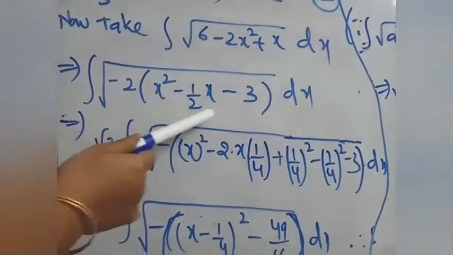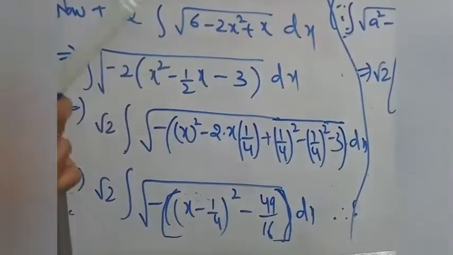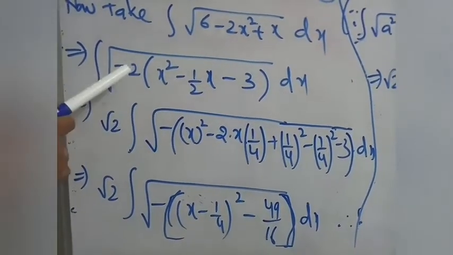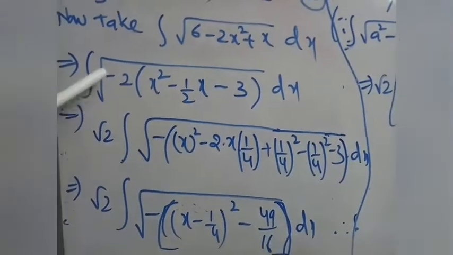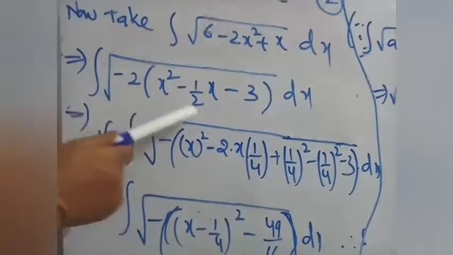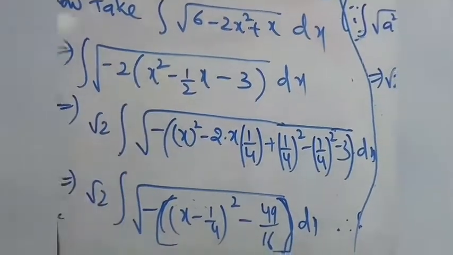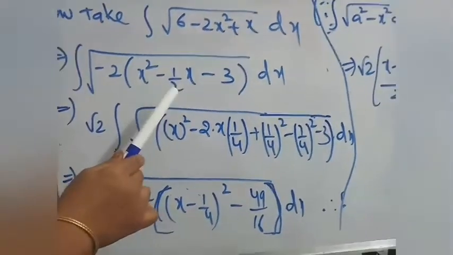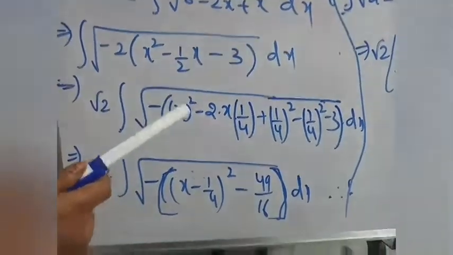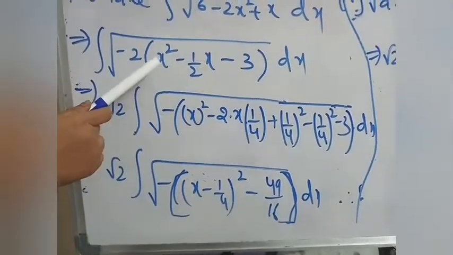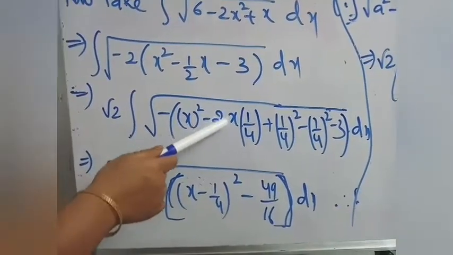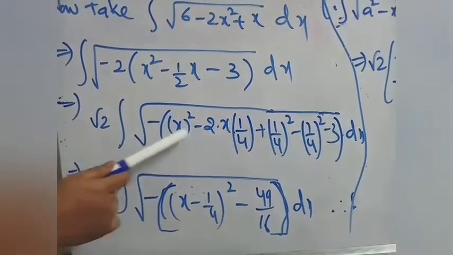Now we can convert into a minus b whole square, and remember that whatever the constant is there, you can take it outside, that is root 2, take it outside, that is root 2 minus, take it as it is. Now you can convert into a minus b whole square. Here a square term is there, 2ab term is there. So you have to add and subtract b square term. See here, a square means a square itself. Minus 2ab term means 2 is constant as it is. What is a here? X.